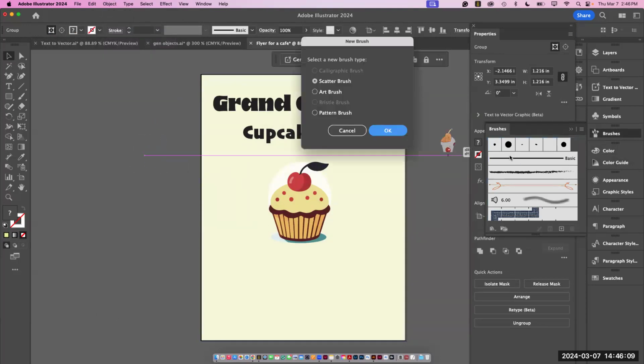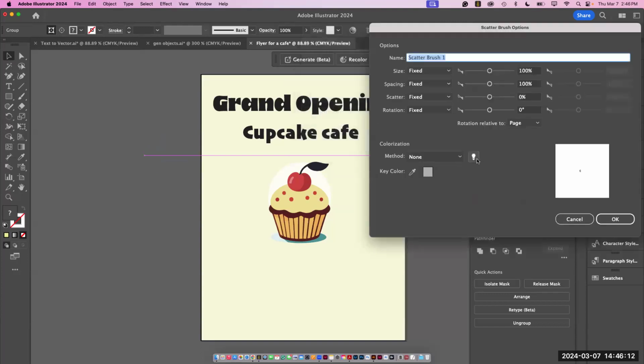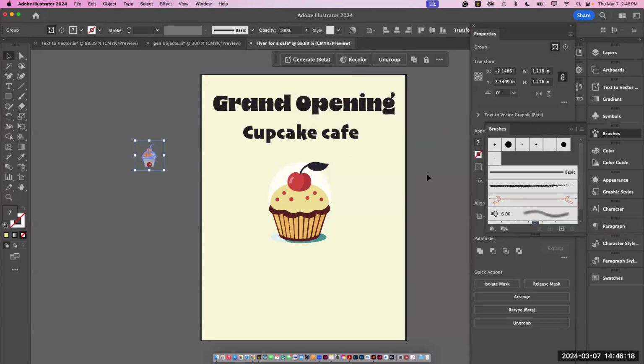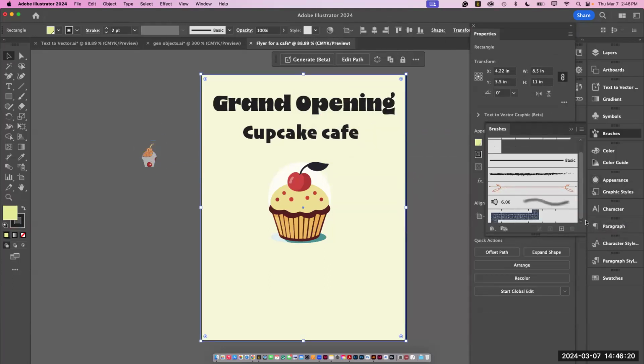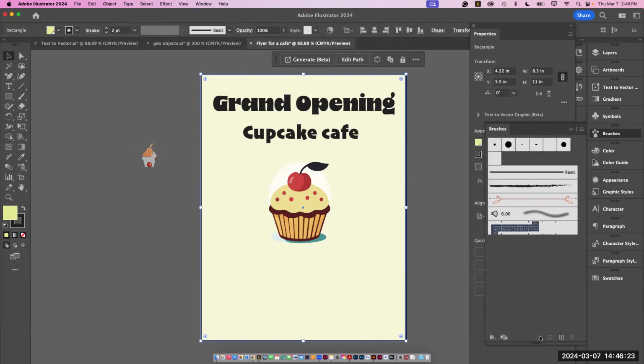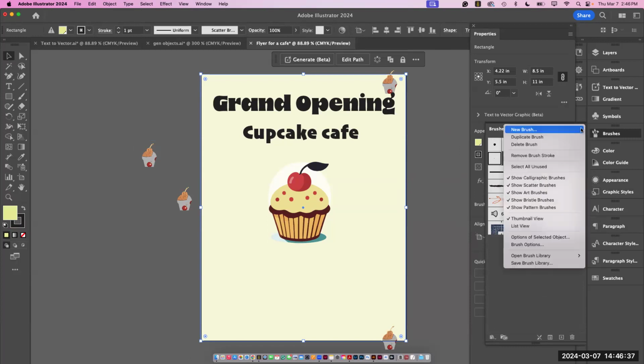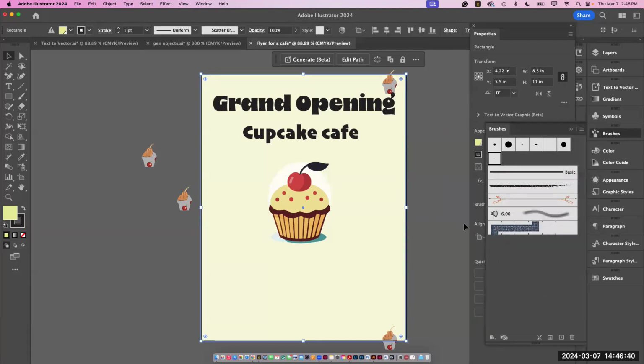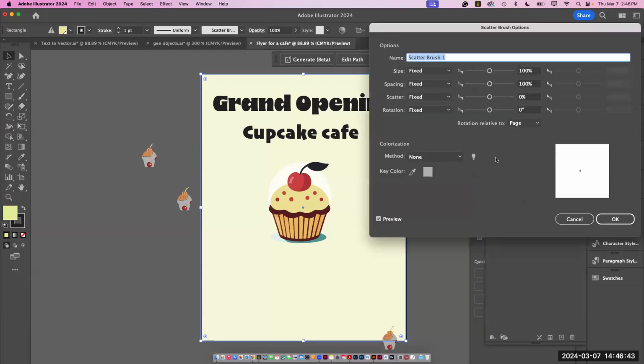And then I'm going to go back here. Now I have some kind of a pattern over here, and I click OK. If I'm looking at it, I can see that I have some kind of a pattern brush on it. And I don't think I did the right pattern brush. So I'm going to go back here and show the pattern brush. If I double click on it, it is going to fix it. But I think it made it into a scatter,